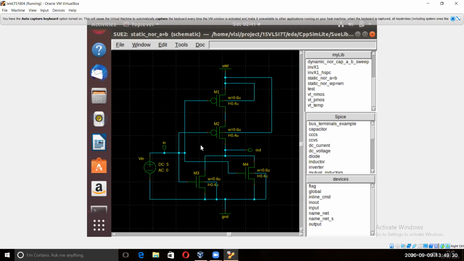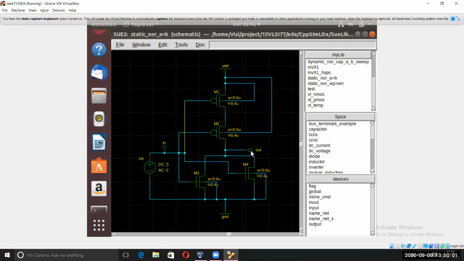Then for the A equals to B, we are having three cases. One is A equal to B, another B with A swapped, and the other A with B swapped. So three cases are there. This is the case for A equals to B. We have connected these two, the B and A output, at one DC source. We are giving it 5 volts.